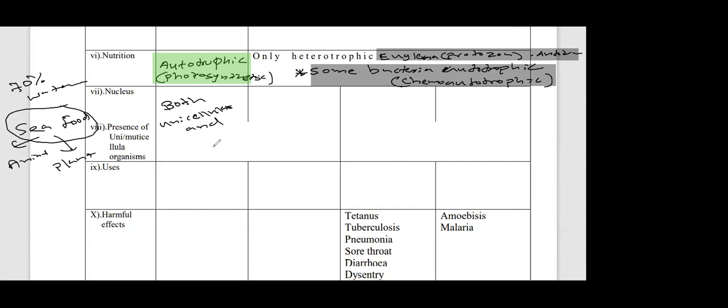Next one, what is the next group? Second column I gave fungi, right? Yeah, fungi. Fungi also include unicellular and multicellular, so actually this is common to both. So here you can write fungi also, both uni and multi. I'll write in short form both uni and multi. Uni and multi means unicellular and multicellular, both the organisms. Some fungi unicellular, some fungi multicellular, right?